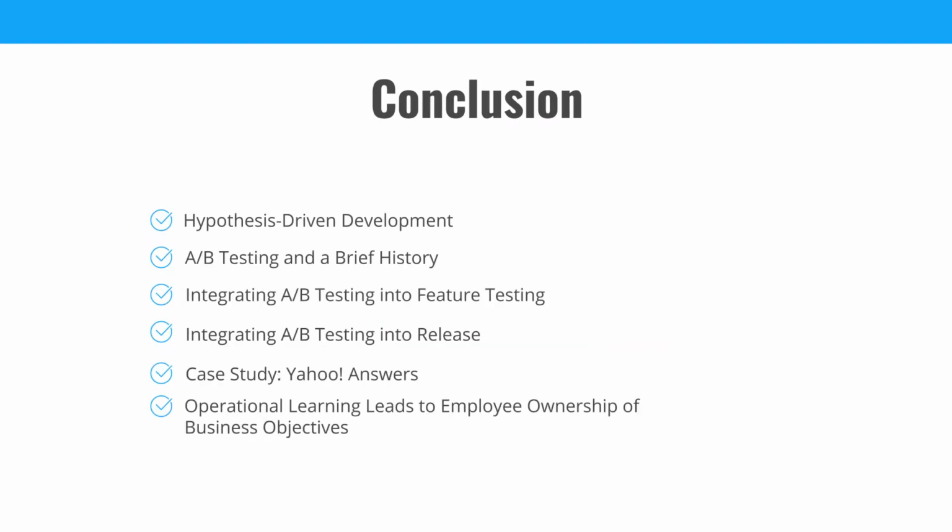In conclusion, hypothesis-driven development involves projecting what features customers may want or need and experimenting to see if they do provide any additional value. We covered a brief history of A/B testing as well as integrating A/B testing into feature testing and release, which calls for on-demand deployment via feature toggles and multiple versions of code simultaneously delivered to customer segments, the proportions of which are controlled by hooking into the feature toggles,